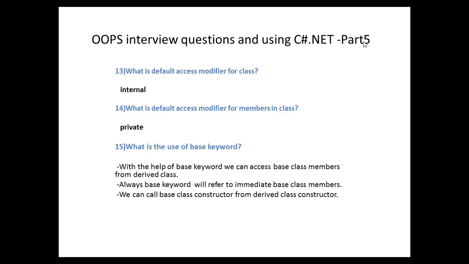Coming to the first question, what is the default access modifier for a class? What does it mean? For example, if you take the class syntax as we used in previous videos, I did not give any access modifier for the class. In the example, I just mentioned access modifiers for properties, but I am not giving anything for the class. In that case, what happens? If we are not giving any access modifier, the CLR itself gives the access modifier as internal for the class.